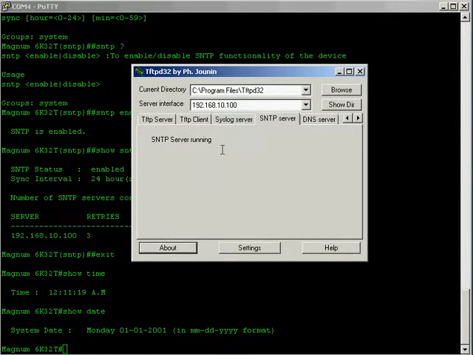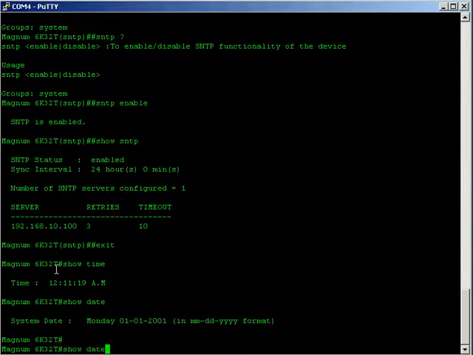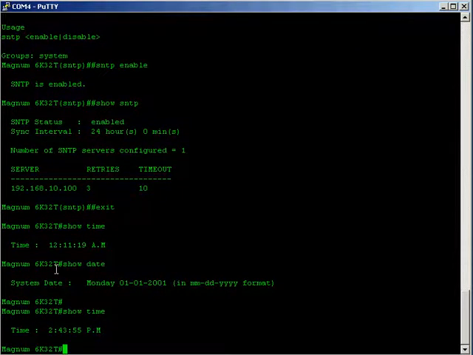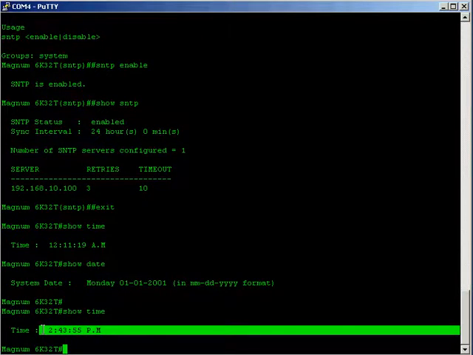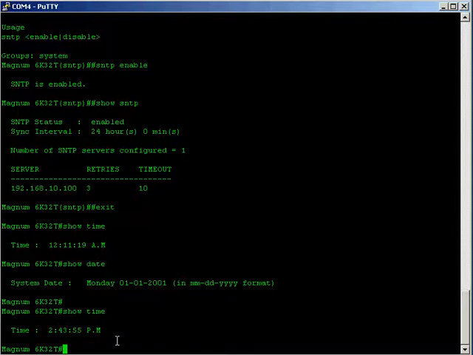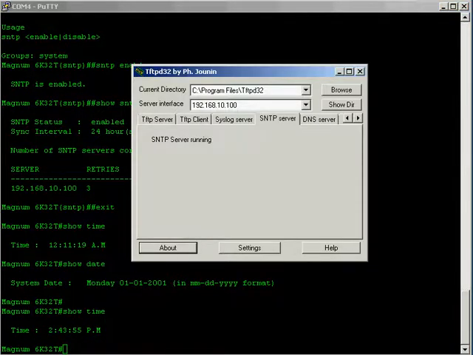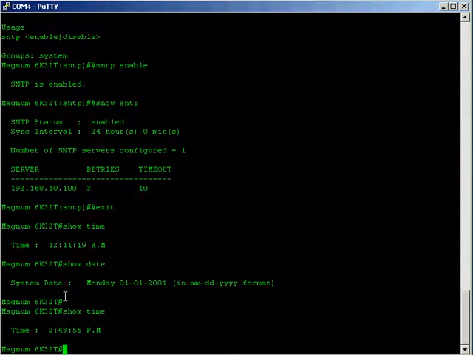And the SNTP server is running, so if we want to go to show time, there we can see straight off the bat, as soon as we fired it up, the time was 11 minutes past 12, and now the time has changed to quarter to 3 in the afternoon. It's actually not quarter to 3, it's actually quarter to 4, so what we need to do is go into